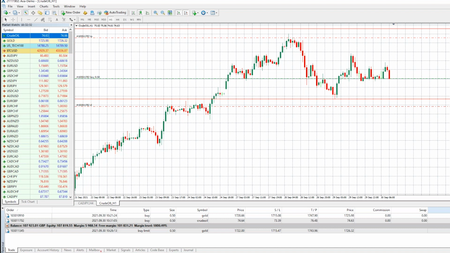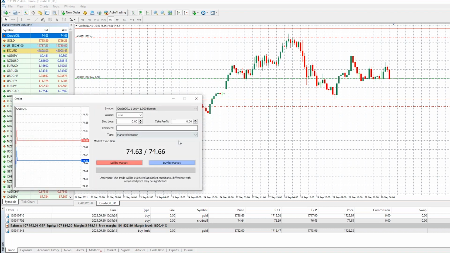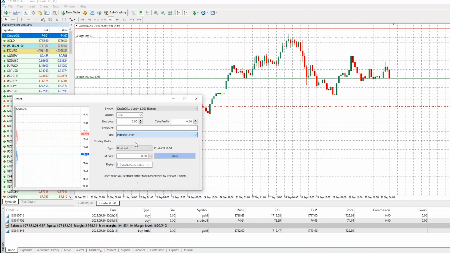Now, again, could you be more patient? Even if you want to buy on oil, could you wait for a better price with a pending order? Of course you could. So we could do the same thing we did with gold and say, okay, if it drops to 74, I'll buy again at a better price. So I could say market execution, pending order, buy limit. If the price drops, say 74 even,